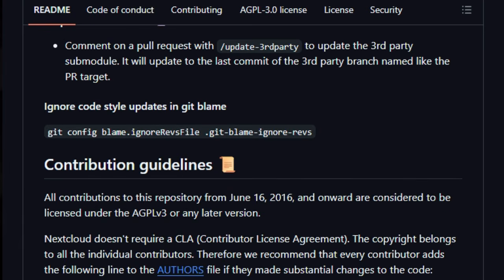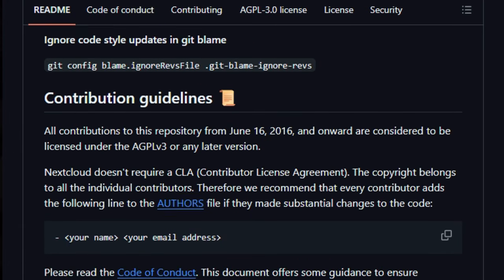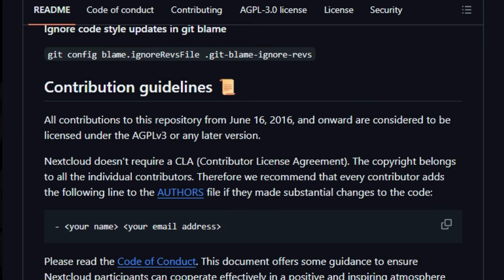It isn't just a file server, it's your own entire cloud platform, built around your data, your rules, and your